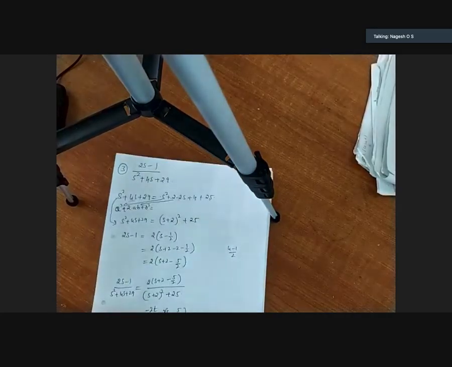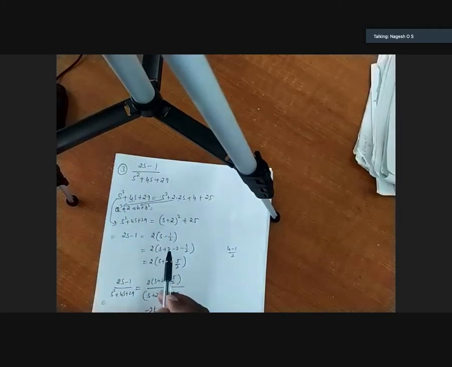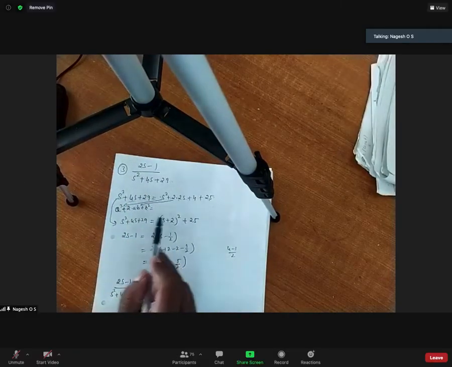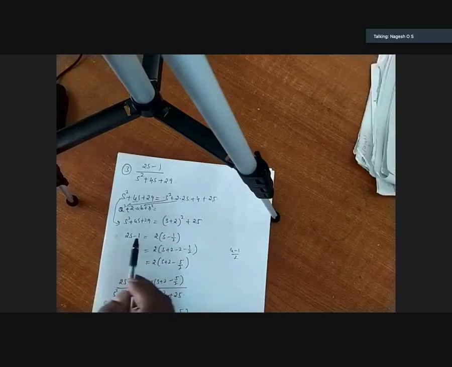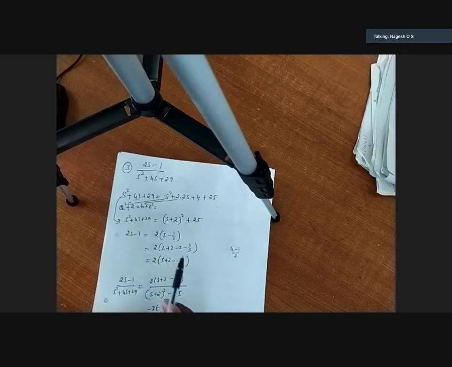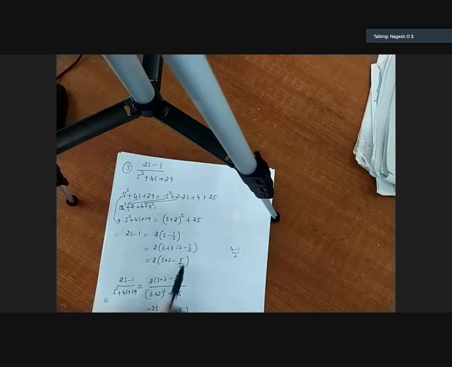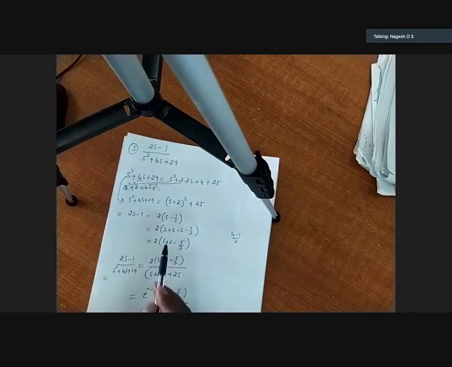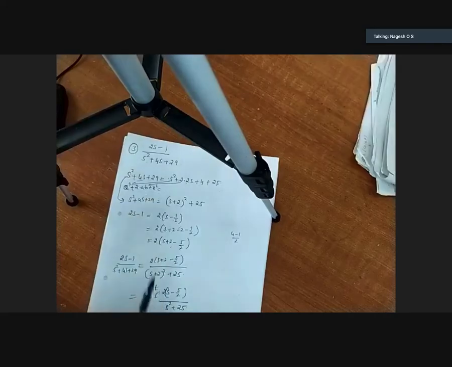Next, take the numerator. You need to express this also in terms of s plus 2. For that, I told you there should not be any coefficient except one in s or s square. Take 2 common. If you take 2 common, s minus, add 2, subtract 2 because you need s plus 2. That's why add 2, subtract 2. If you take the LCM in these two, you will get minus 5 by 2. Write 2s minus 1 as this and s square plus 4s plus 29 as this.